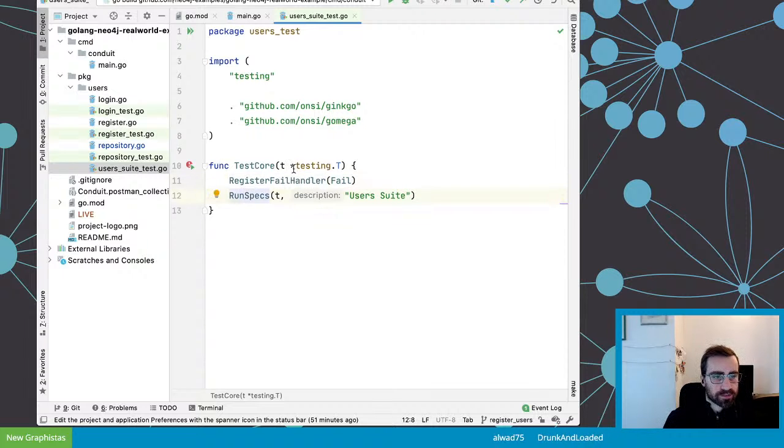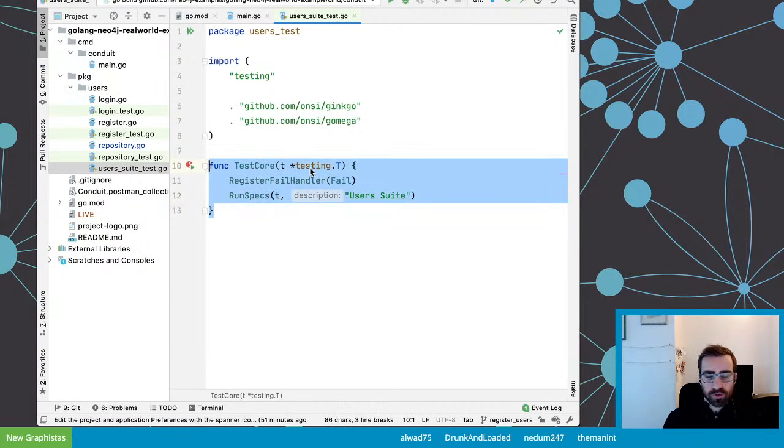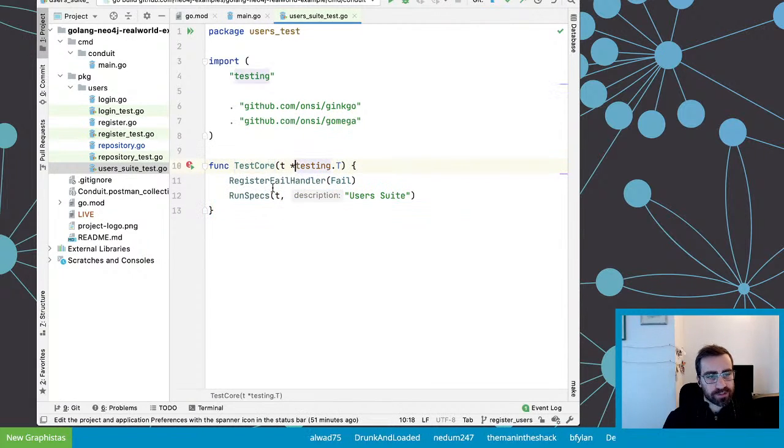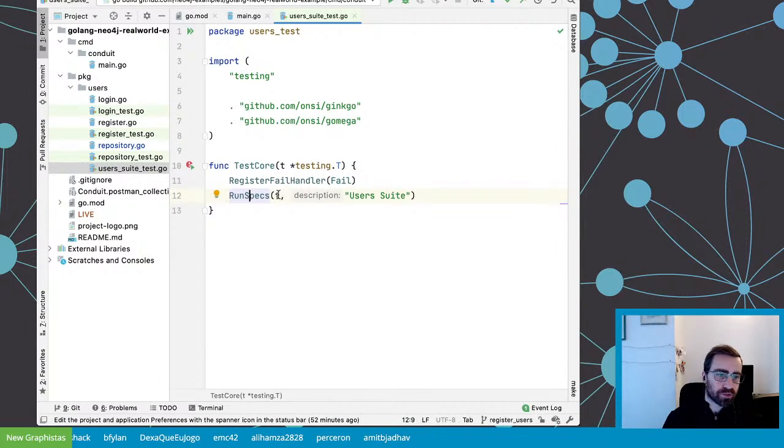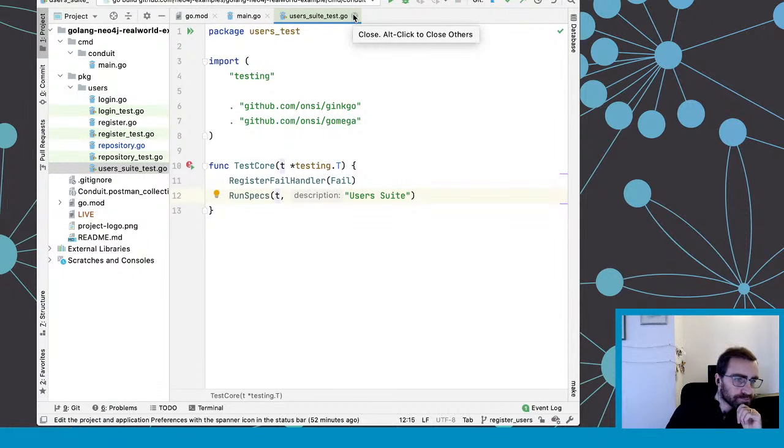Basically, that's what the standard test runner sees, this test, and it delegates to Ginkgo to run the specs. That's how the translation works. The standard Go test runner sees that, and the Ginkgo test runner will then take over, parse your test suite, and generate a nice report whenever tests fail or succeed.